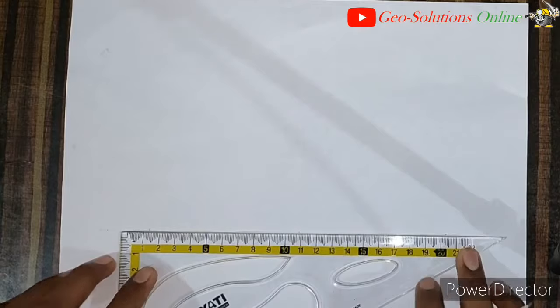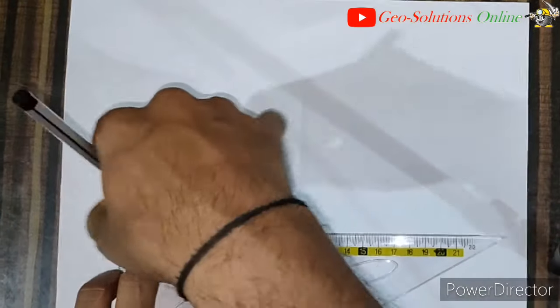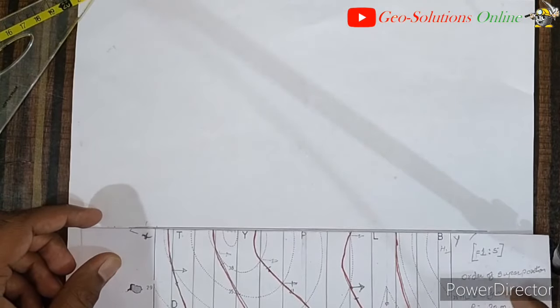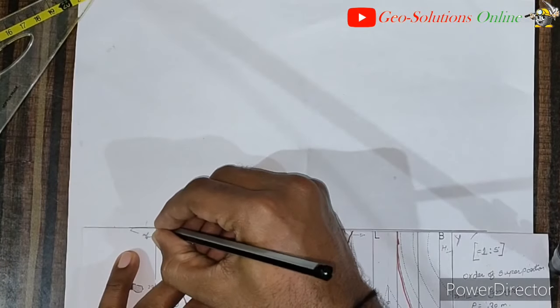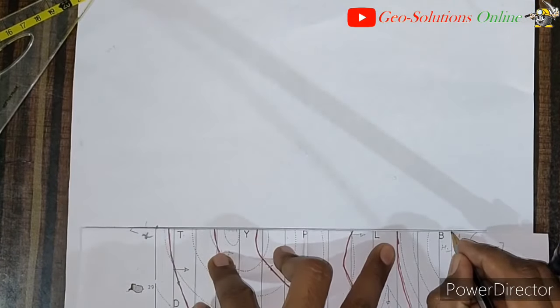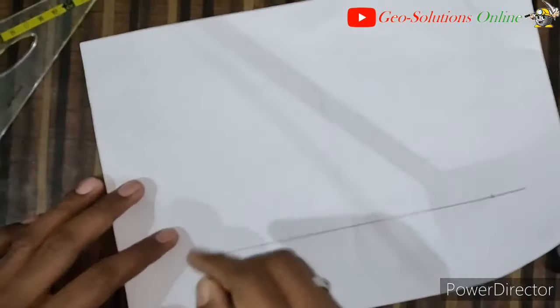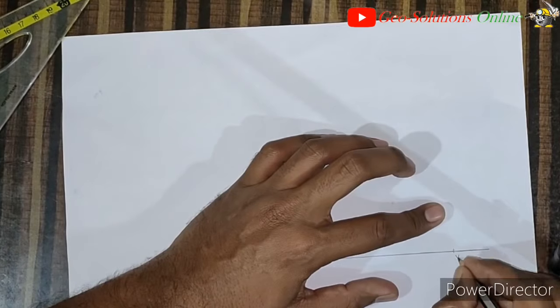Okay, on the blank paper we will draw a horizontal line with the help of a scale. Then we will place the folded map and we will mark the point X and point Y on the line drawn on the plain paper, and this line will be called the line of axis or plane of axis.